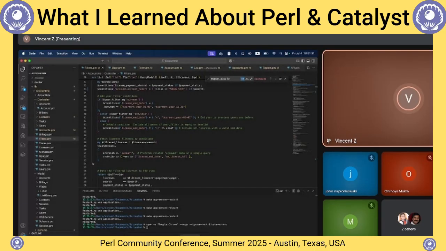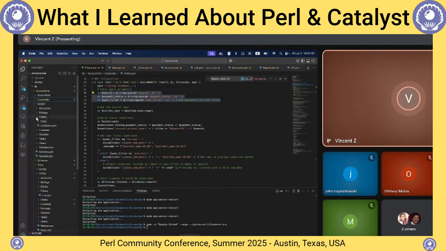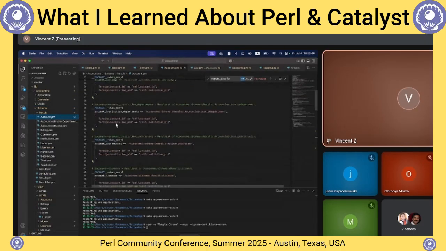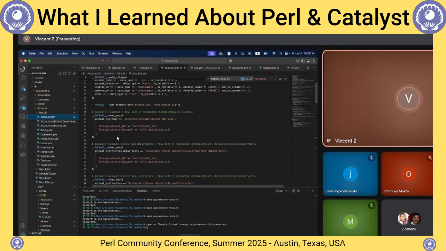Okay, so from this project, I learned a lot of Perl syntax, which I never knew before, and the Catalyst framework. I learned how to interact with the database using the schema. In the schema, I have multiple tables such as account buildings and account institution departments. I learned how to connect them using these methods: